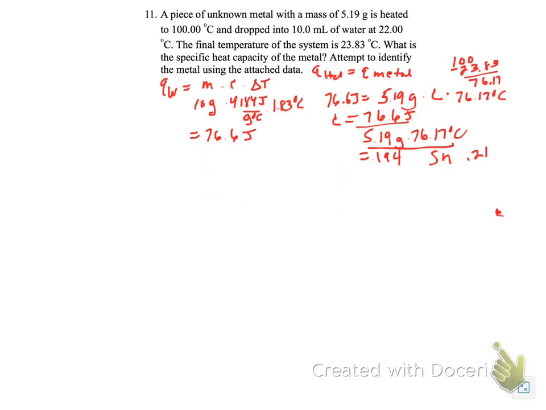Now that's off by, let's say, 10%, which for experimental work is actually pretty good. But before I make some final confirmation about what the metal is, I will probably run another test. Either run another trial of the same heat capacity experiment, or maybe do something like run a density test, see if I can confirm that it's tin. Alright,